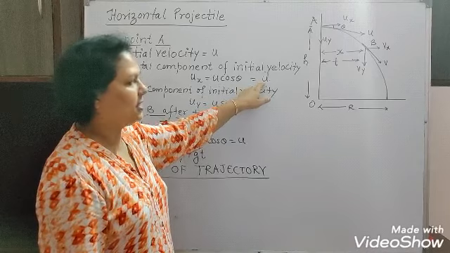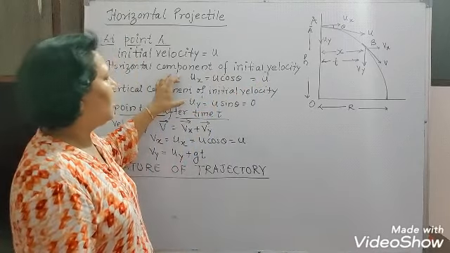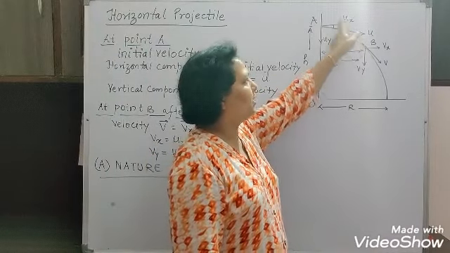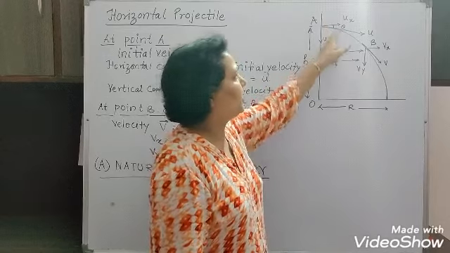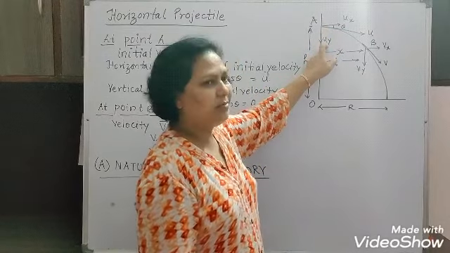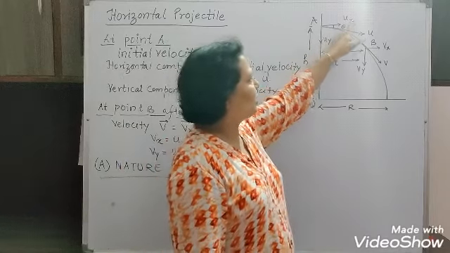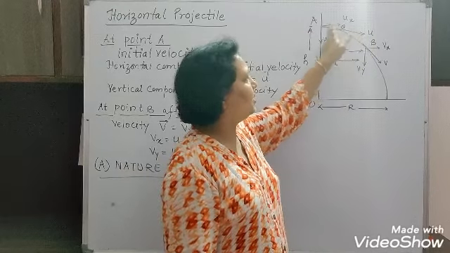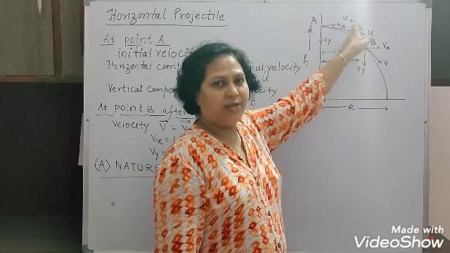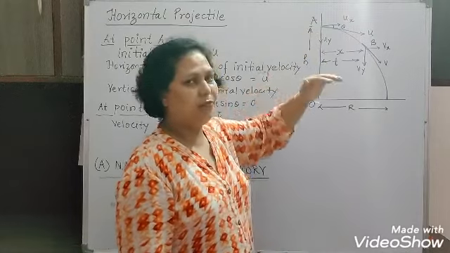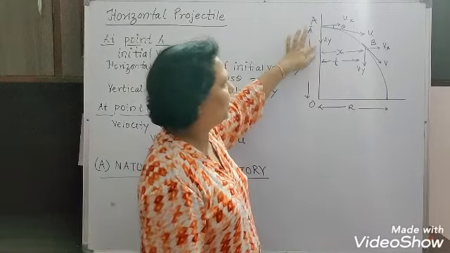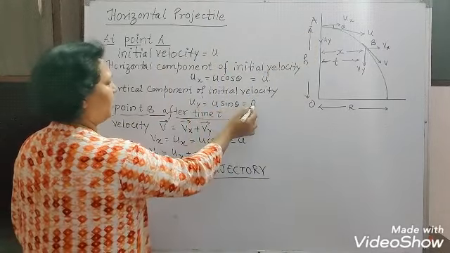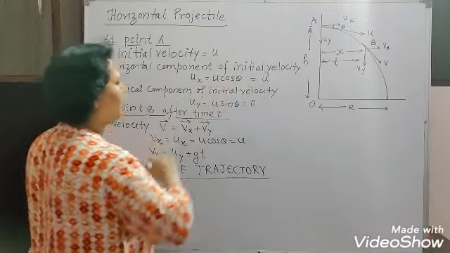Now you can see that ux, which is actually u cos theta, is totally u. That means when the initial velocity is resolved in two components ux and uy, because the uy component becomes 0 here, obviously the ux component is completely the initial velocity u. So the whole initial velocity is working in the horizontal direction. None of the initial velocity is working in the vertical direction here. So uy is equal to 0 and ux will become u.